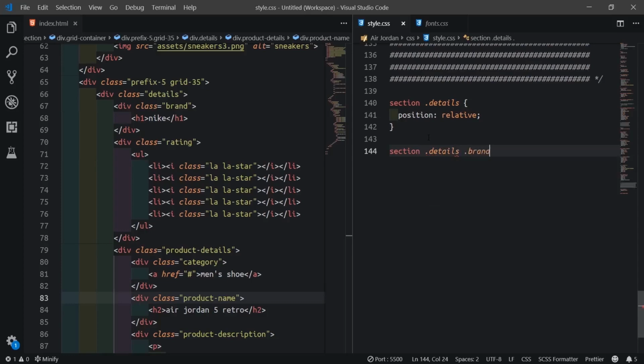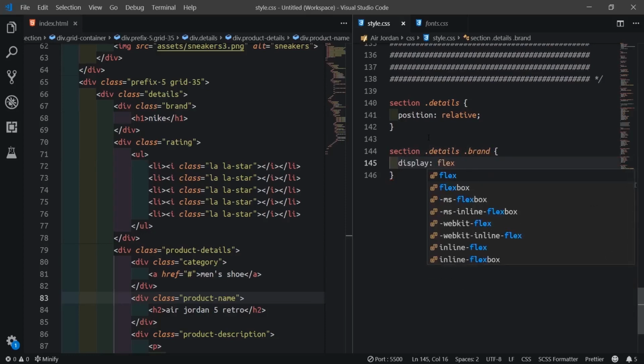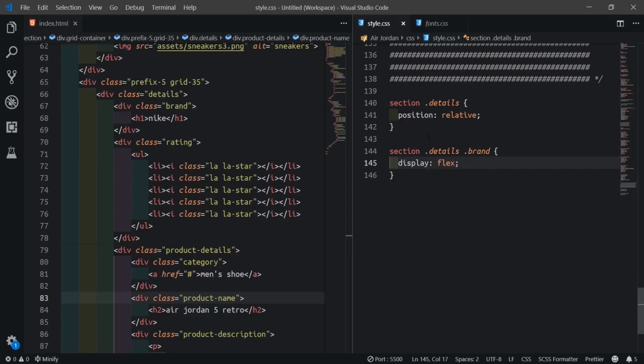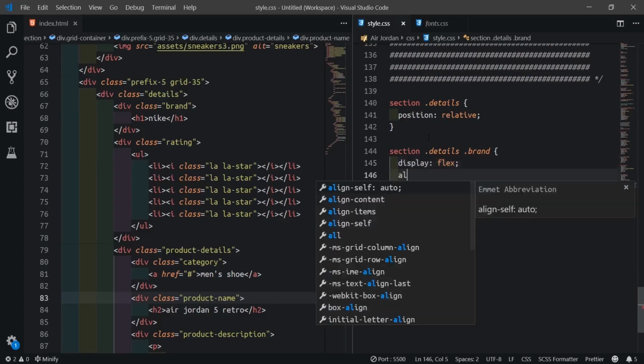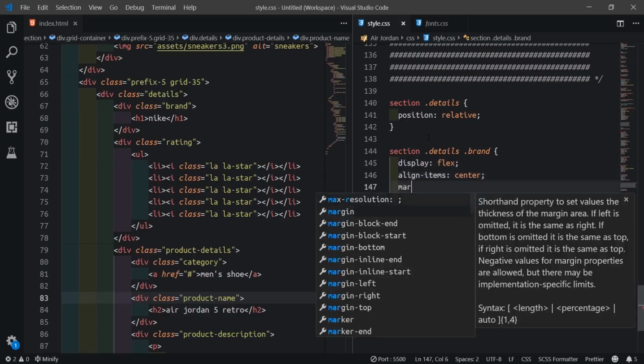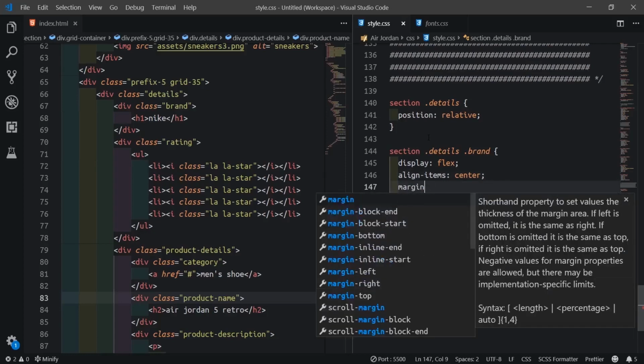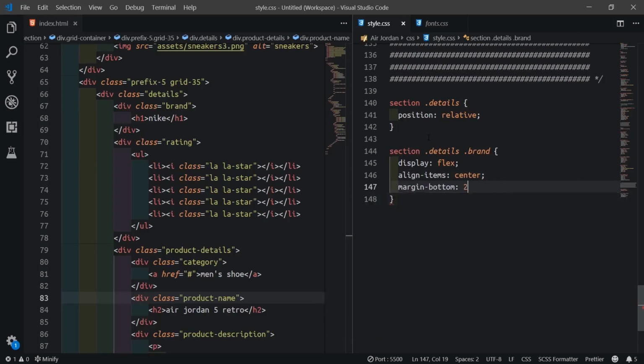Dot brand. For this one, I'll make the display flex, because we want the name Nike with the stars side by side. So we'll make the display flex, then align items to center, then margin bottom to like 2em.